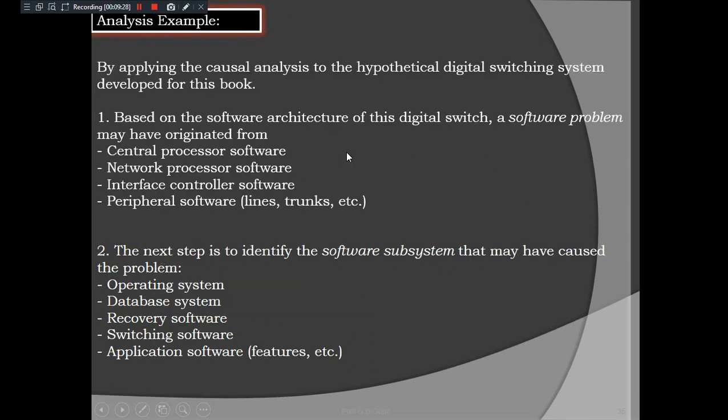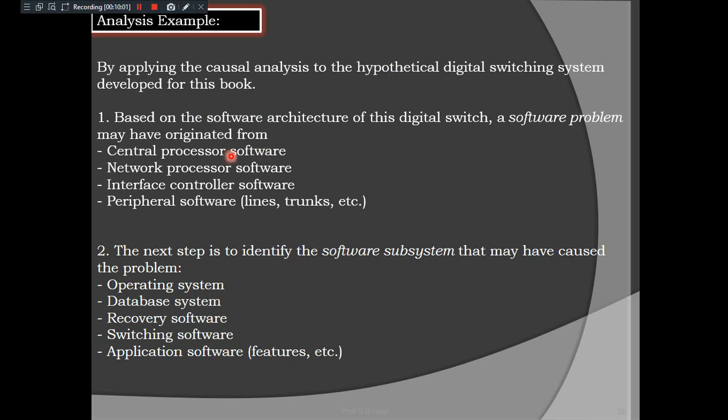For example, listen here guys, this is a very important point we are covering. One question is fixed on this always. We'll take an example here. By applying the causal analysis, it is a practical one, to the hypothetical DSS developed for this purpose. So based on the software architecture of the digital switch,